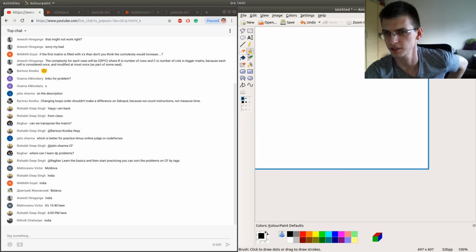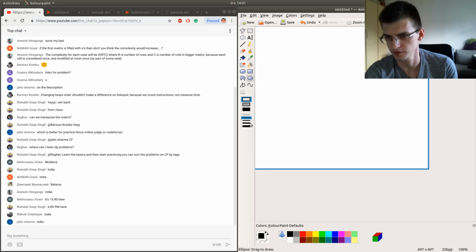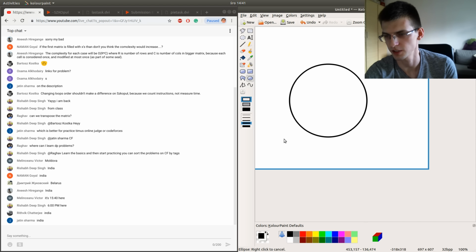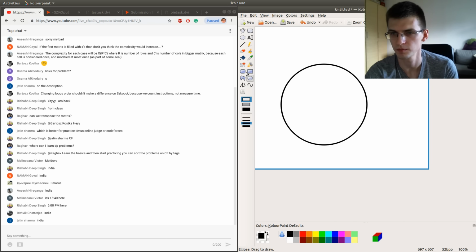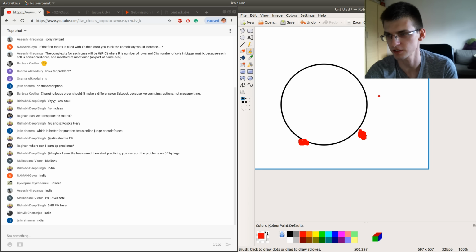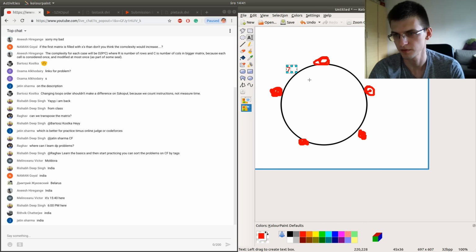Okay, let's see what we can get with drawing. We have some circle. We have some people. Let's say that red dots are people. And between them there are cakes, and of course cakes are described by numbers.